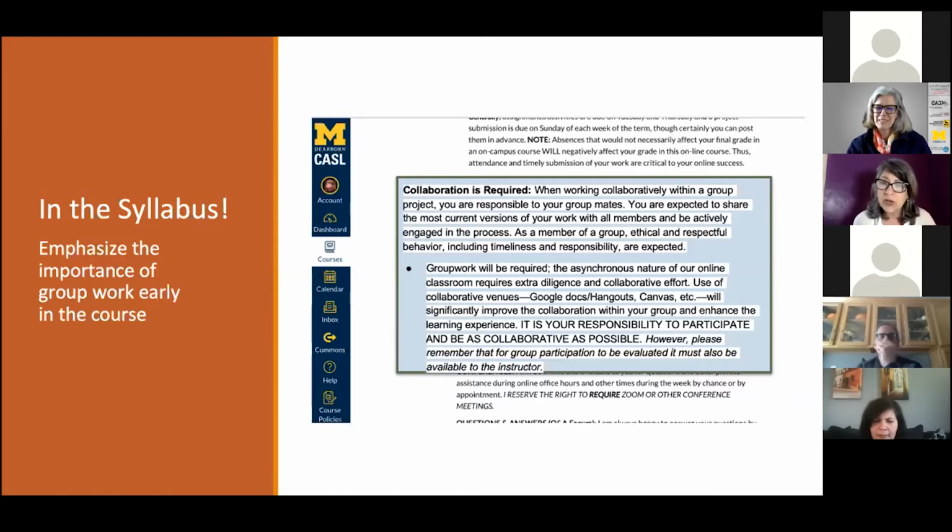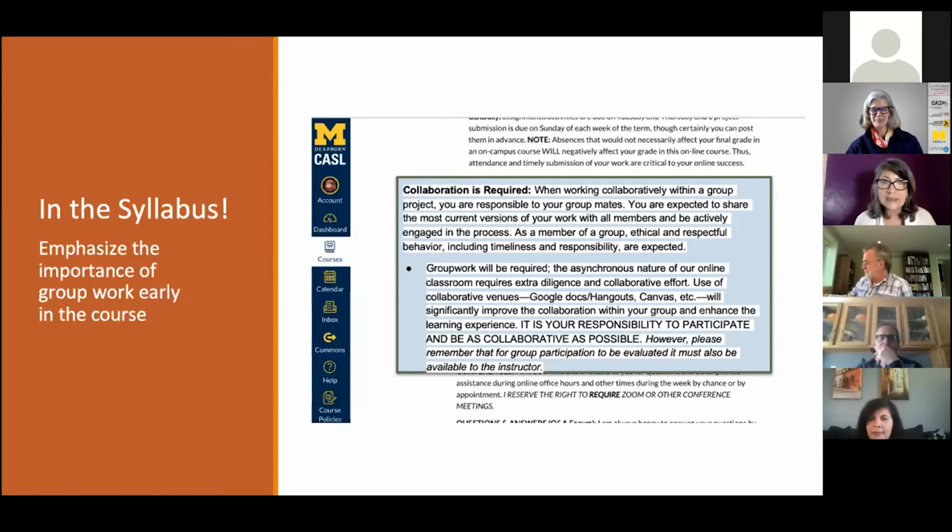This may already have been brought up, but I think collaboration and collaborative work, especially in a fully online class, is really, really important, because if you wanted to create an independent study, you would have done that. Most online classes are not independent studies. So you really need to create opportunities for the students to not only share and create community, but also interact with each other. And in my case, because I teach writing at the University of Michigan Dearborn, I want them to actually learn how to write together.